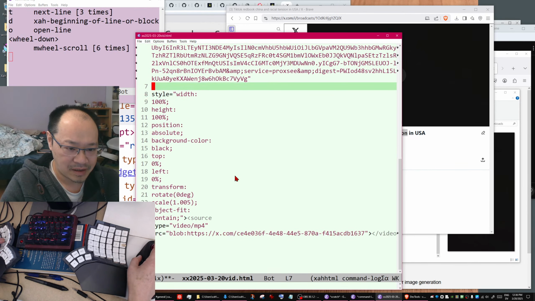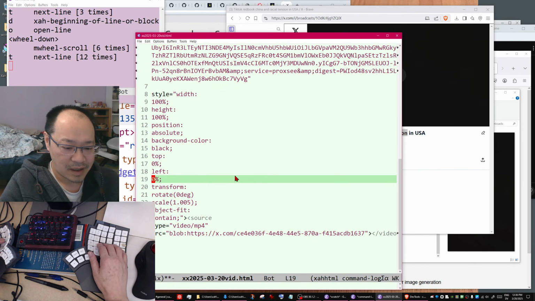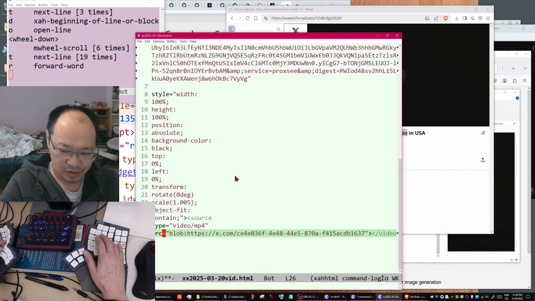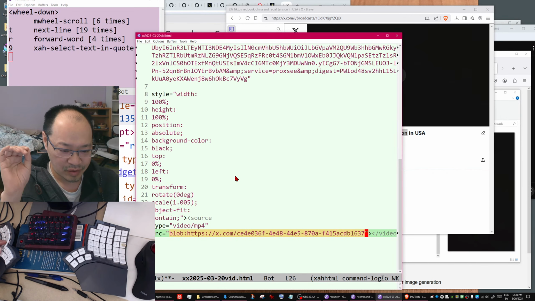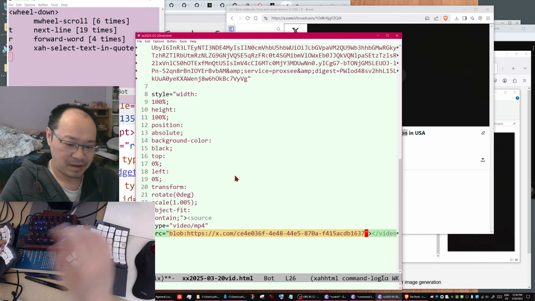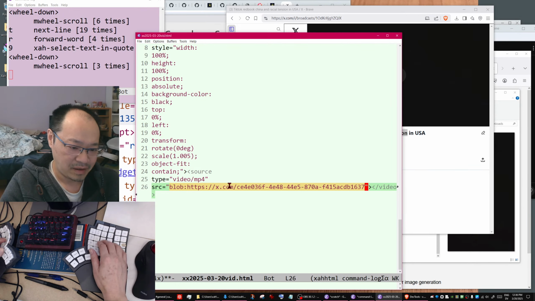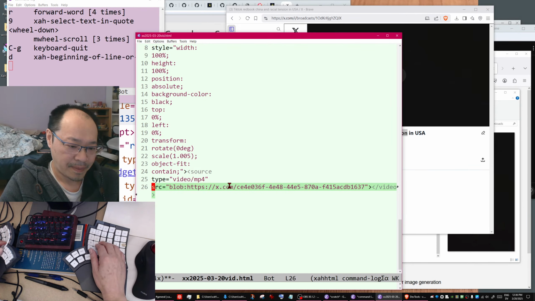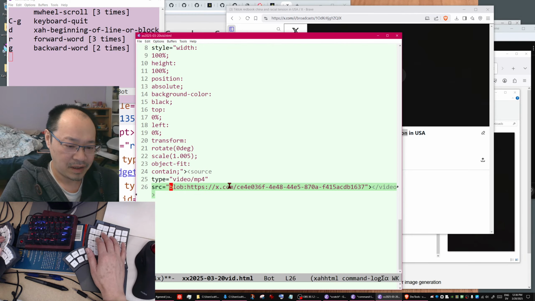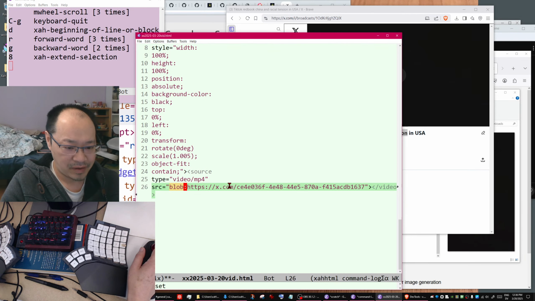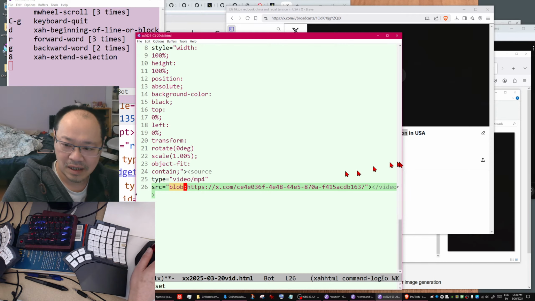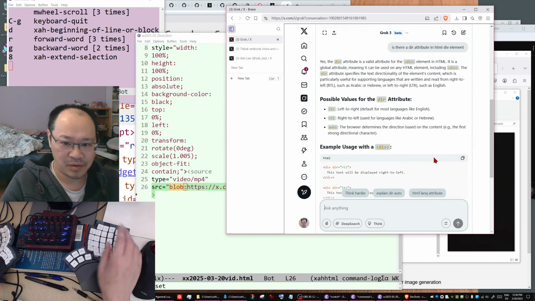So now let's continue. Style, type, source. Okay, here is the source. Now the source says blob. Now I don't understand, why does the source, what is the, you see there is the blob. I don't understand what that is for. I don't think that's valid. So let's ask Grok,